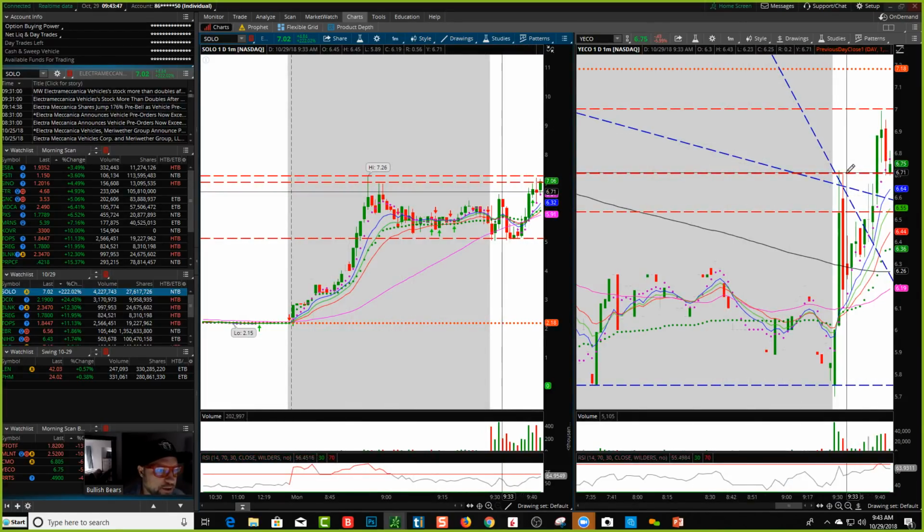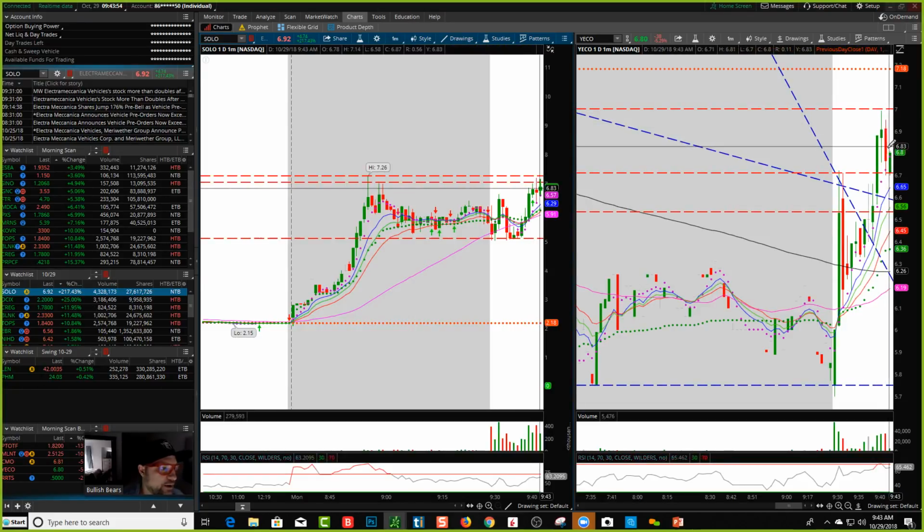And Yeko is retesting high of day around those 670s. Might get a bounce here. Still a little bit crazy of a pattern, but